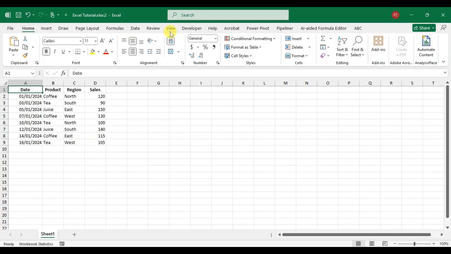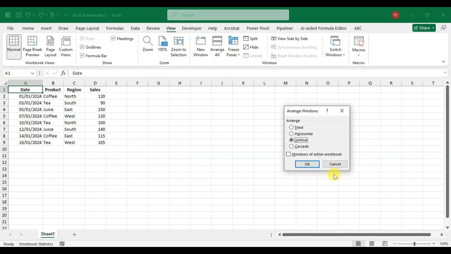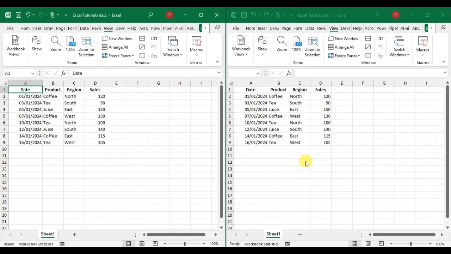Go to the same View tab. In the Windows group, click on Arrange All. And here the Arrange Windows dialog box opens. In Arrange, select the arrangement. So I select the vertical way, and you can select horizontal and other options. So I select vertical and click on OK. And that's it. Both Excel files, Excel tutorial 1 and Excel tutorial 2, are